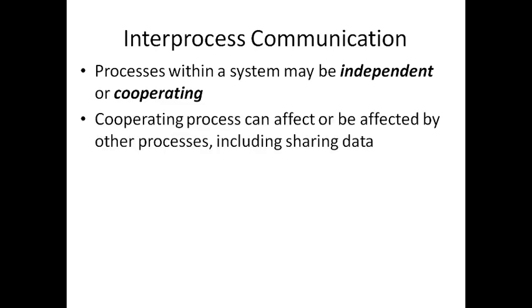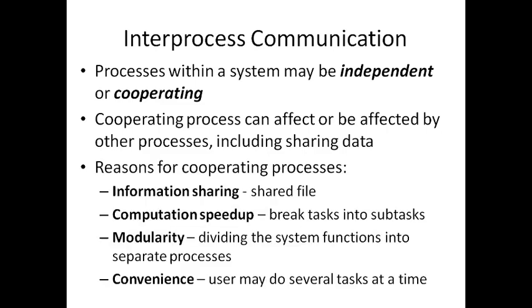That is where we are going to be focusing on inter-process communication. So cooperating processes can affect or be affected by other processes, including sharing data. For example, one process may be expecting an argument from another process to complete its execution, or the output of one process may become the input of another process. So they have to exchange. A lot of examples suggest that cooperating processes widely exist.